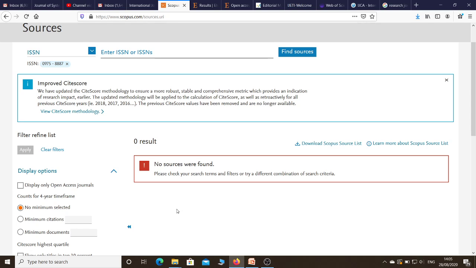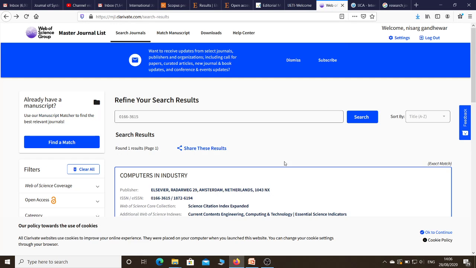Don't go by the information displayed on the website. You have to verify whether they are saying right or wrong, and you can verify with the help of this particular site. So this is for Scopus. Now suppose you want to check whether your journal is listed in the SCI or not, meaning whether your journal is SCI or not. So again, what you will do here, you just